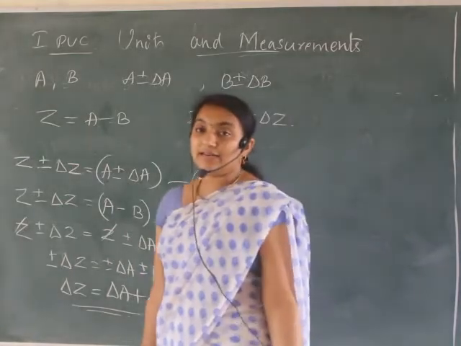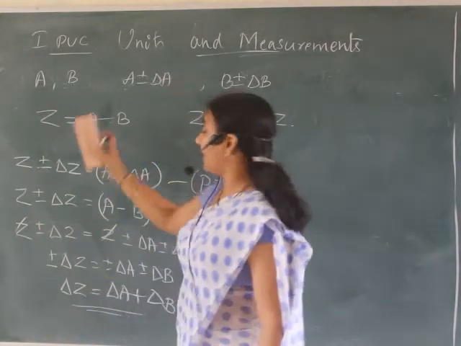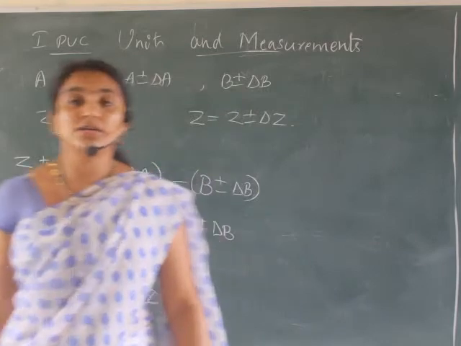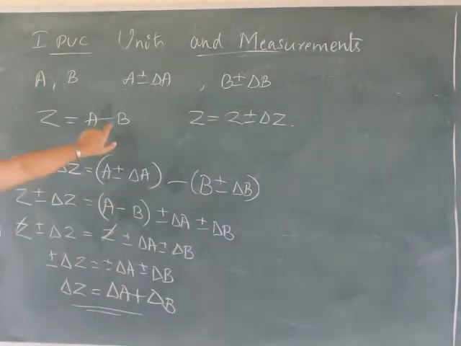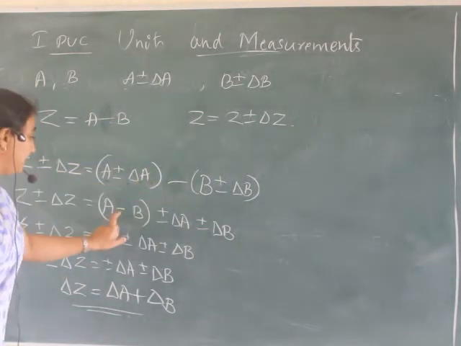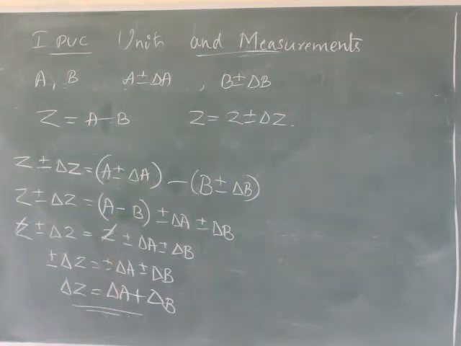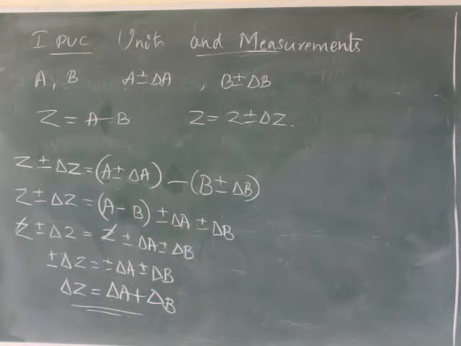The maximum possible error in the case of subtraction, for addition also, is one and the same. The only change is that earlier it was plus, plus, plus. Correct? Finally, it will be the same. No changes. Next. Shall we go for the next one? So, what is the rule?